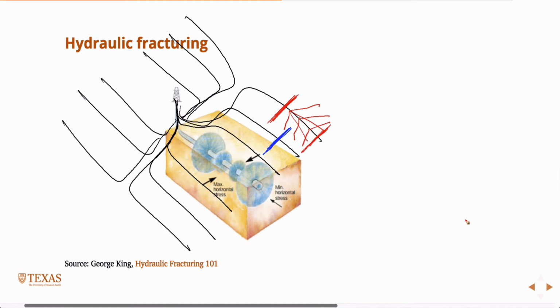There's also some other, the typical mechanism is this so-called plug and perf that I described. You plug the well, you perforate, fracture, you plug the well, you perforate, you fracture. There are some more advanced tools that you can put in line with the drill string that have so-called sliding sleeves. So there you don't have to perforate. There's some type of hydromechanical device that actually opens and even can close the holes that access the wellbore. And in those cases, you can do other completion strategies, like, for example, the so-called Texas